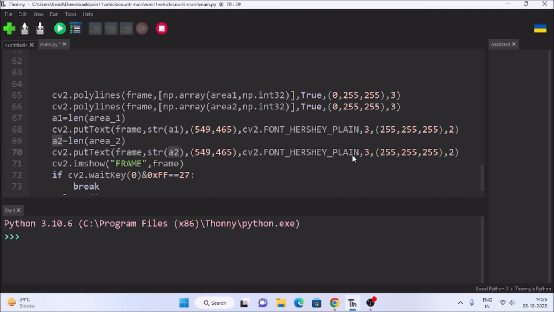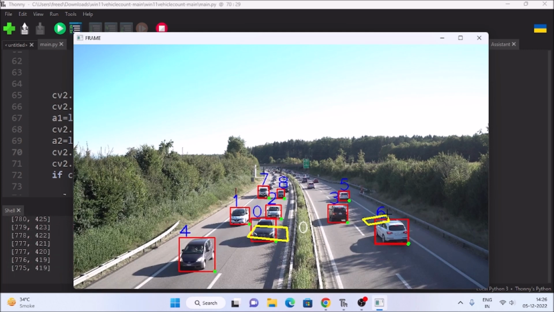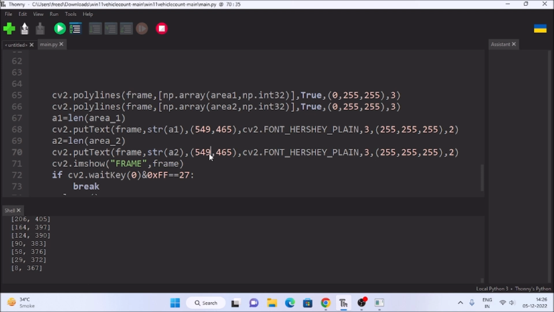Now we need to mention the coordinates for our second counter for the other side vehicles. Here we have polylines, so we can simply draw our counter here. 804 and 411. If I save the code and run the code,